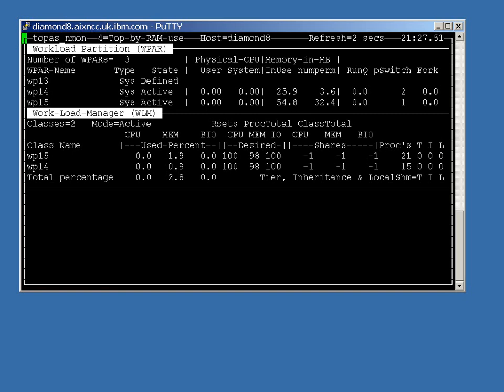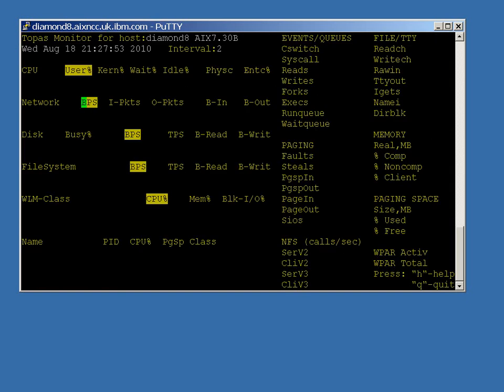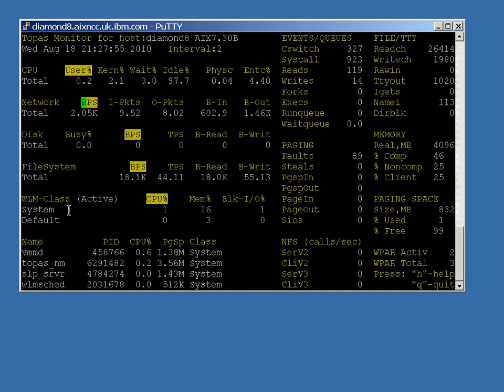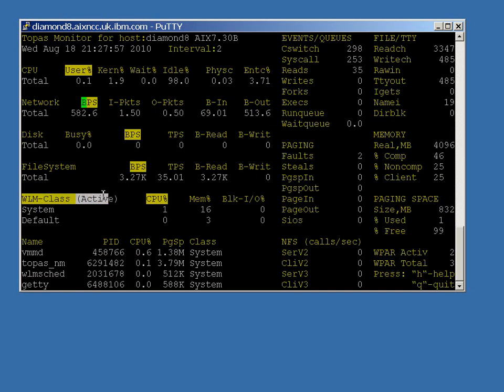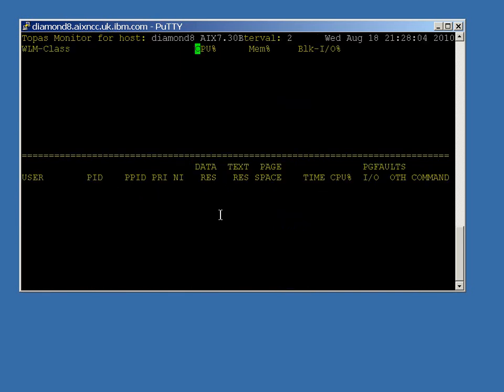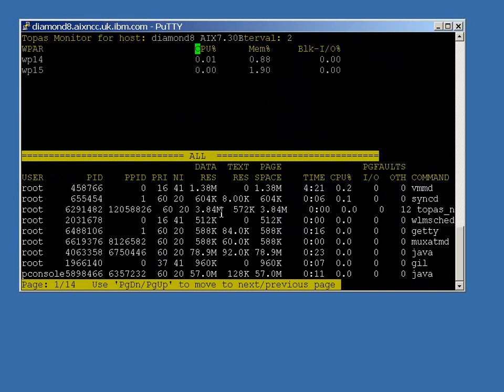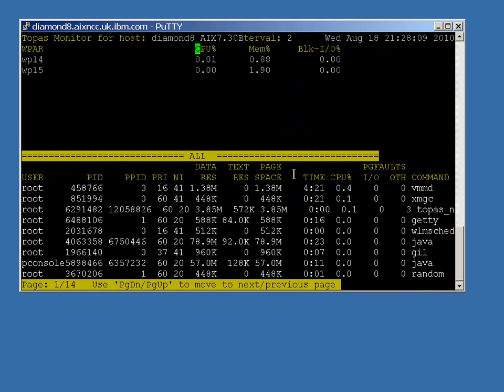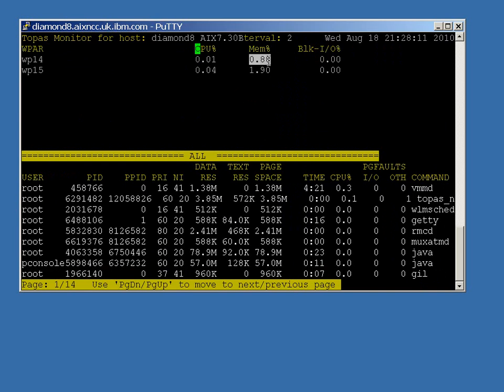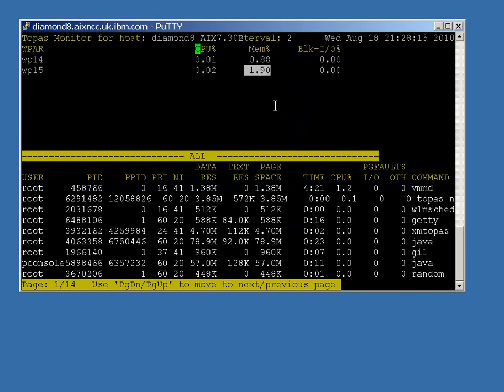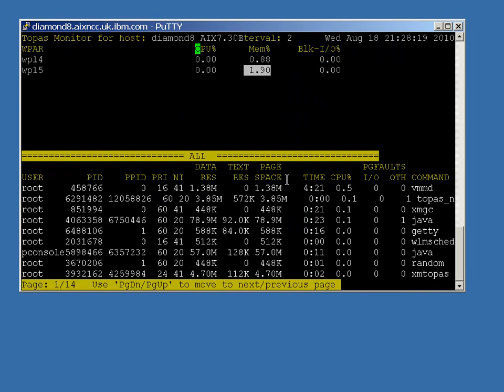Now, if you flip into the Topaz mode, you can see here it's switched on the workload management classes in here. If we hit capital W, we go to the right mode and hit an ampersand as well, and here's our WPARs. We can see the percentage of memory being used in here. I've got 4 gigabytes of memory in this partition, and we can actually do things like, if we go down